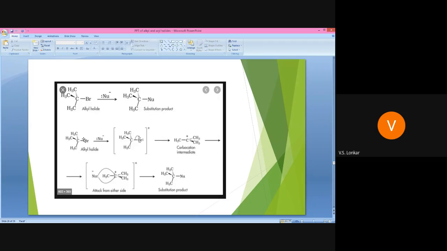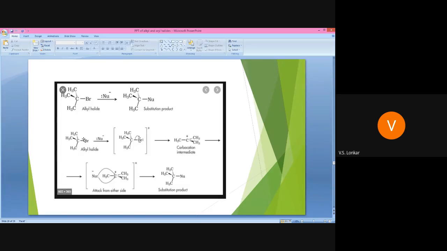Always remember, in the mechanism, the step which is the slow step is the rate determining step. And in that slow step, how many reactants are involved? The rate depends on that particular number of reactants. If in the slow step of the mechanism two reactants are involved, then we can say the rate of reaction depends on the concentration of two reactants. It means that it is a second order reaction. It is a bimolecular reaction.